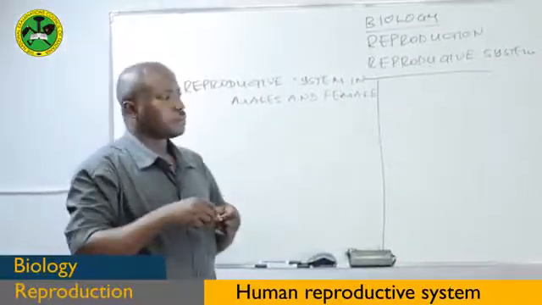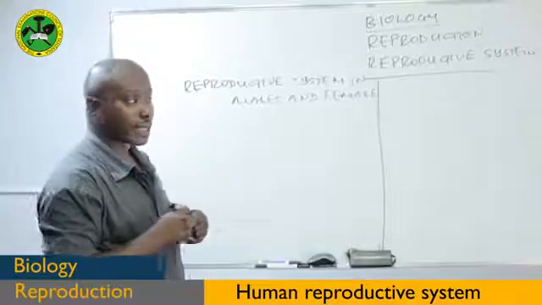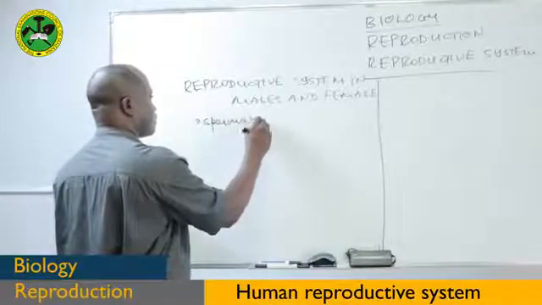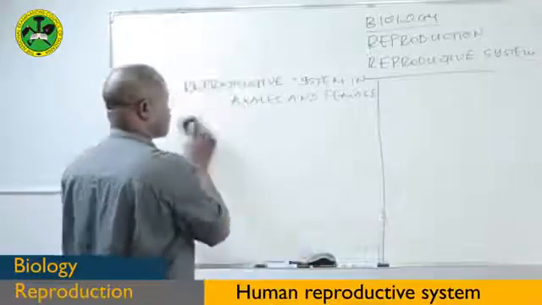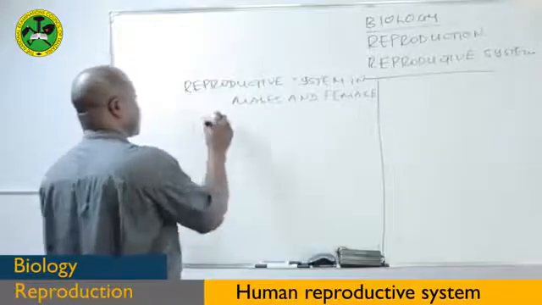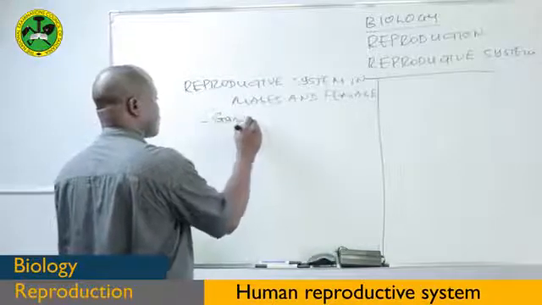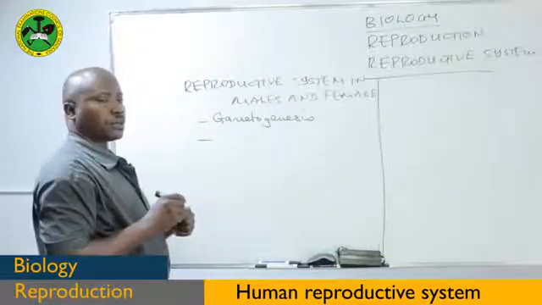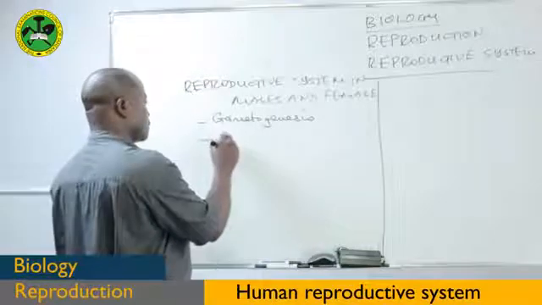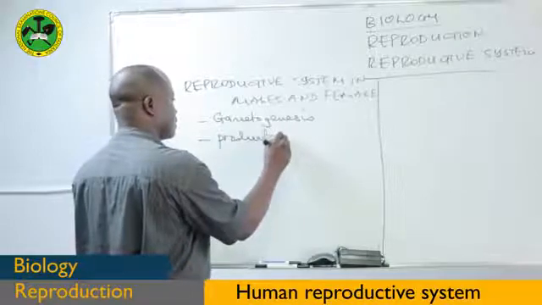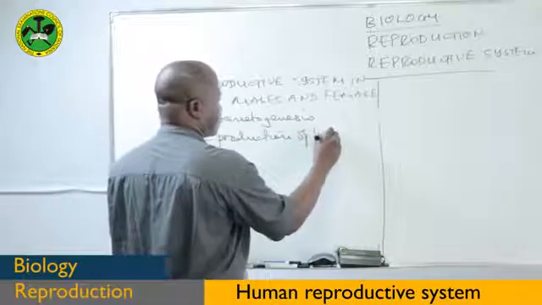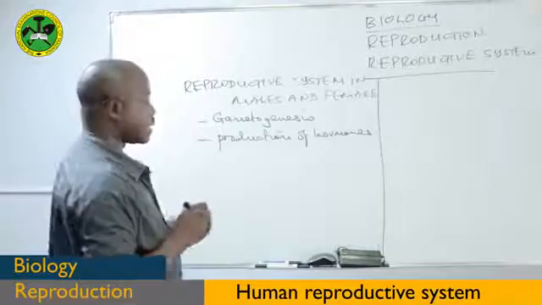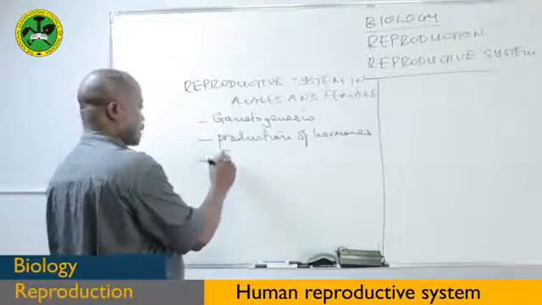These systems perform general functions such as, also they perform production of hormones, and also in the female body they are the site for fertilization,